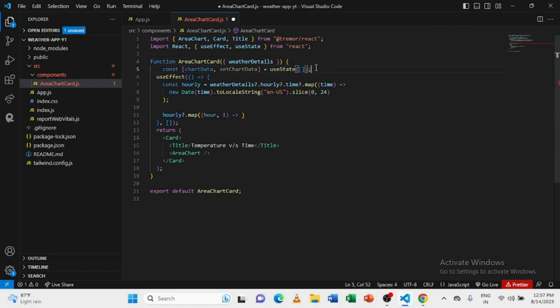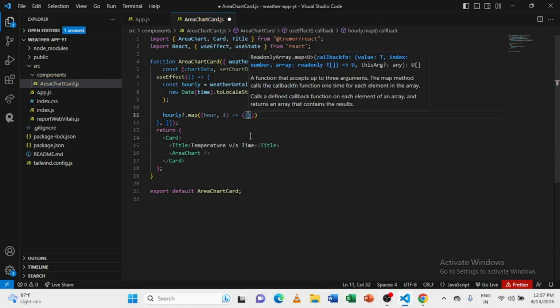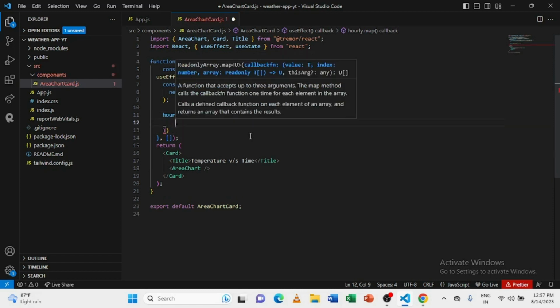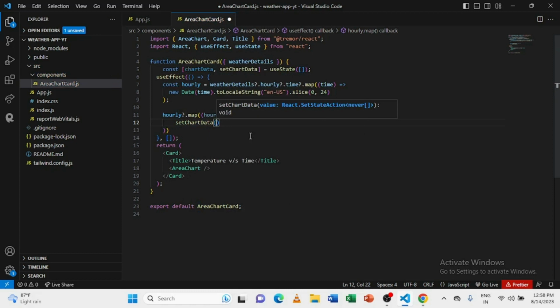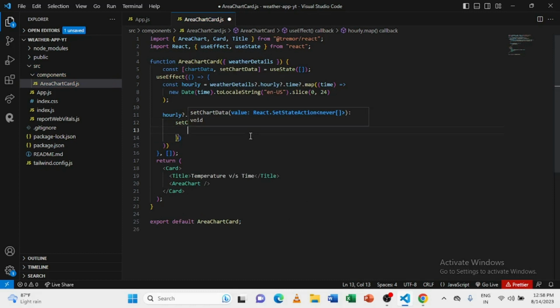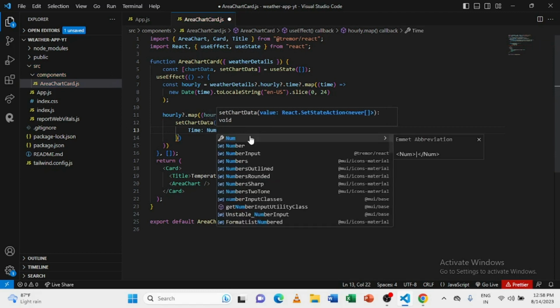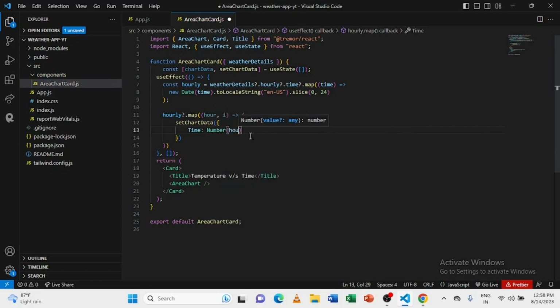It's throwing an error because I didn't complete it here. So implicitly return and set our chart data to an object wherein we have the time, which will be our number. We'll convert the hour into a number,